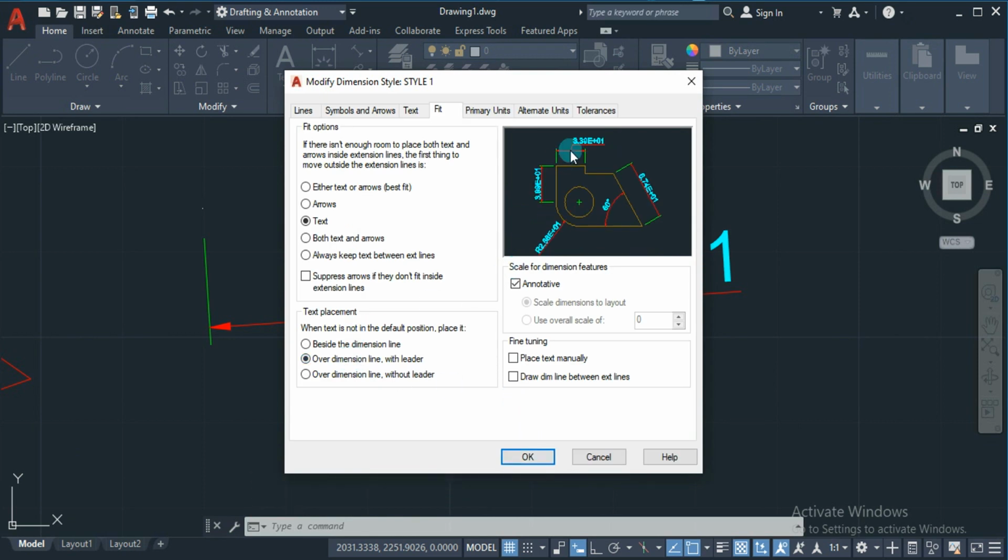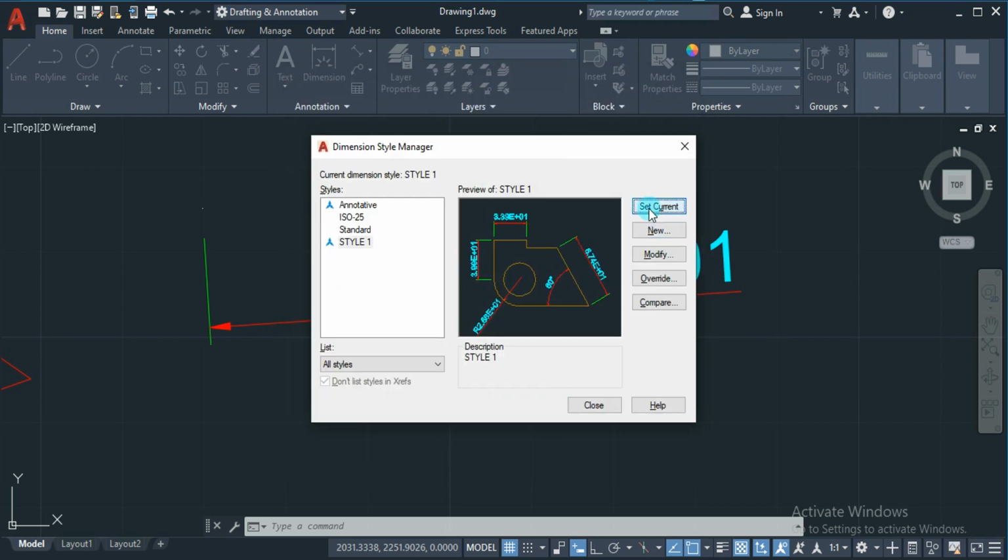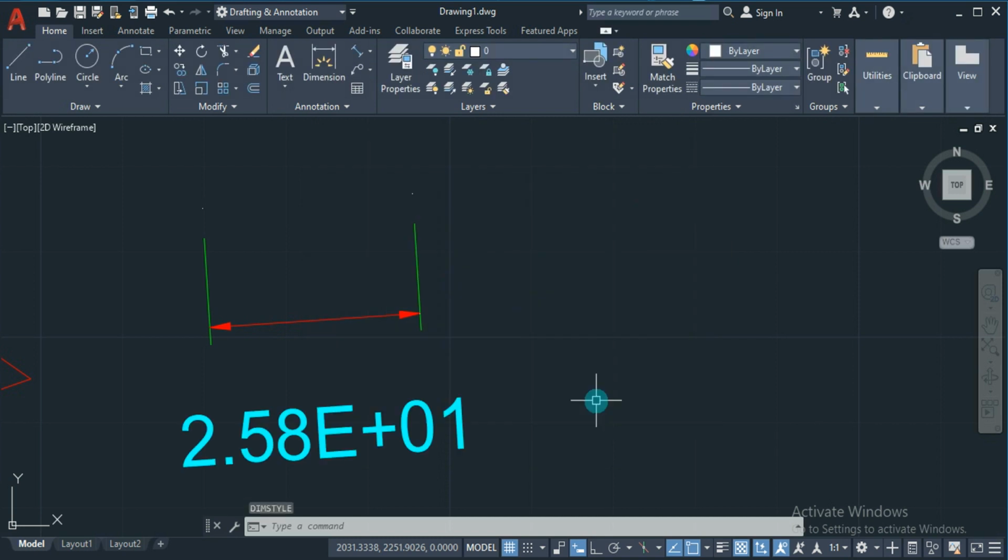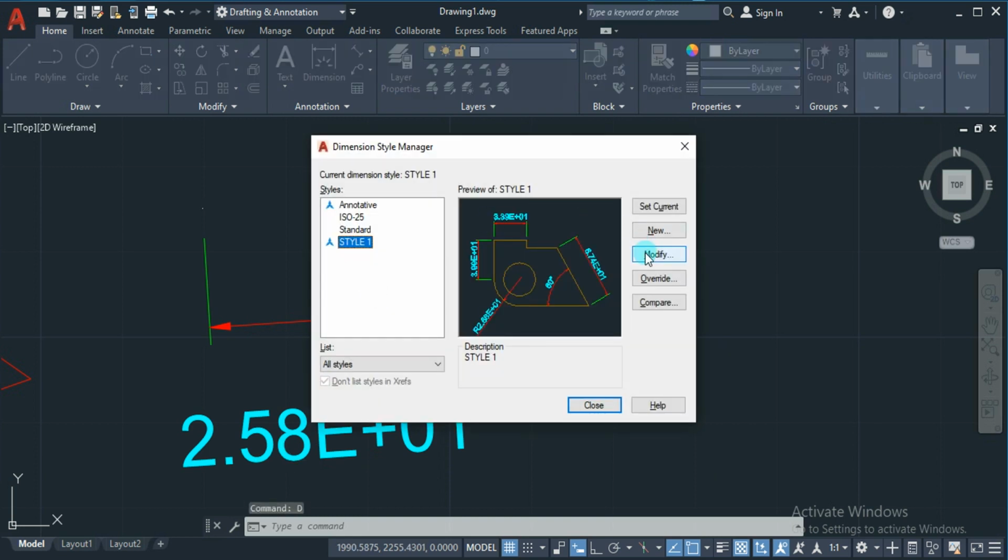With leader is something like a projection like this. And over dimension line without leader, the text will try to adjust above the line without any support. If it is with leader, there will be some support. Without leader means it will try to come above the dimension line at a certain distance. These are the different provisions for dimensions.